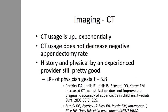And finally, CT, right? The end terminus of all ED workups occurs in the donut of truth. CT utilization is up across the board. We're doing a better job in pediatric patients than we are in adults at trying to limit this where appropriate. But it's interesting, all of the papers out there that have looked at CT imaging, and there have been some good ones, including one published in JAMA now 12, 15 years ago, have not shown that increased CT utilization